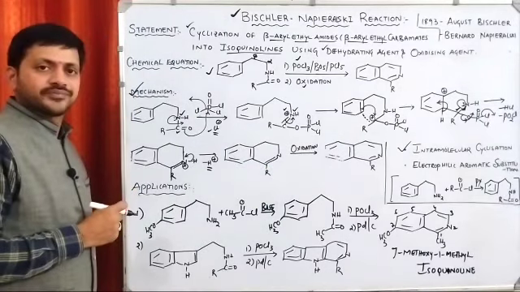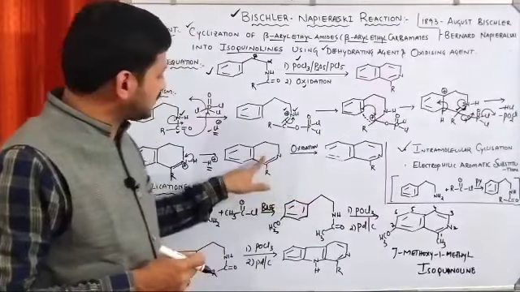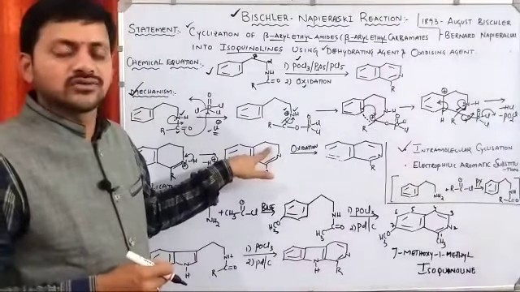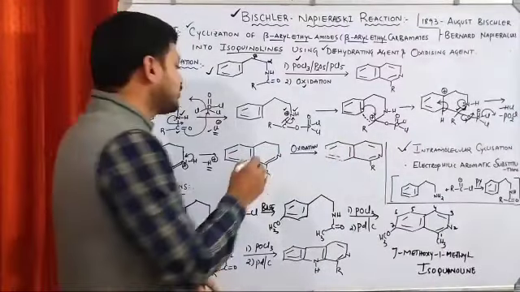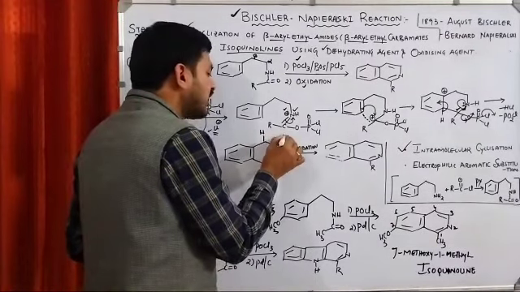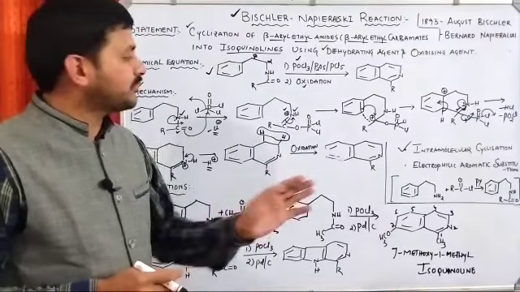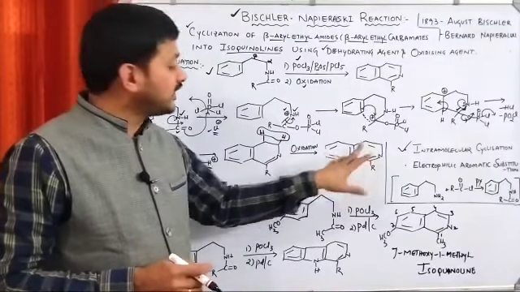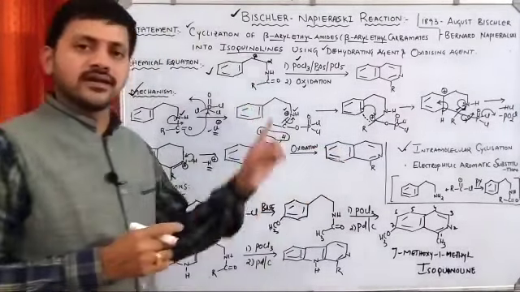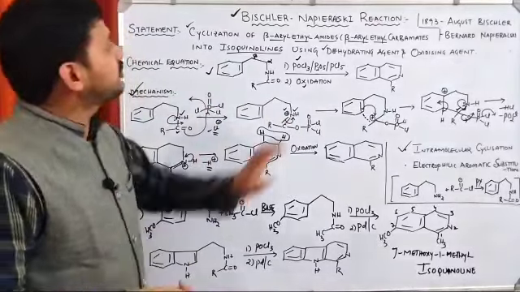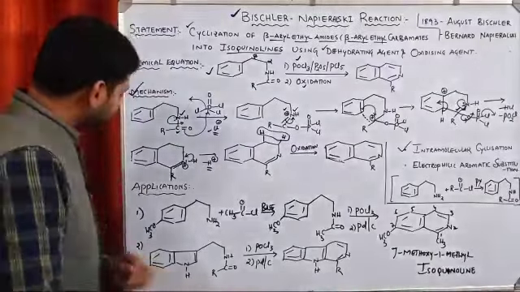So we will come up with this kind of moiety. If you see, the product is having one more pi bond, but in this case here it is a single bond. So in order to form a pi bond here, what are we doing? Oxidation. Oxidation means addition of oxygen or removal of hydrogen. Here we are removing the hydrogen, thereby we are creating the pi bond here. So in this way we can transform the reactant into the corresponding isoquinoline derivatives by using this BN reaction. Okay, let's see applications.